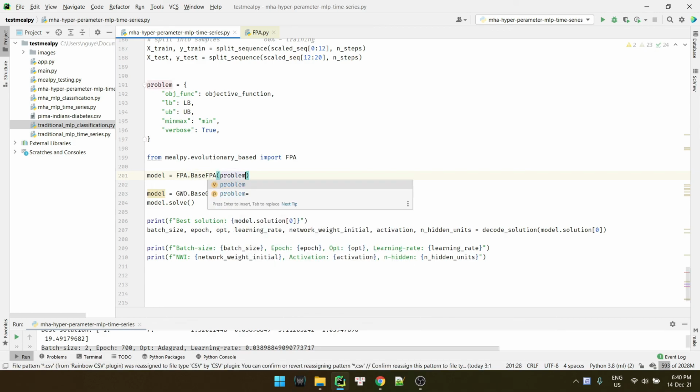So maximum epoch equal to the same, and both sides, everything is the same. The same for other optimizers, you can do it, it's the same.